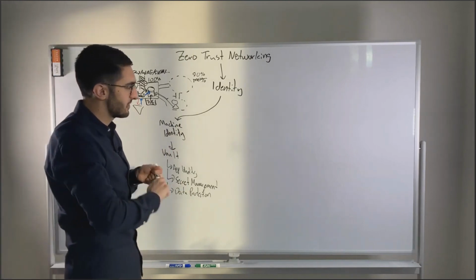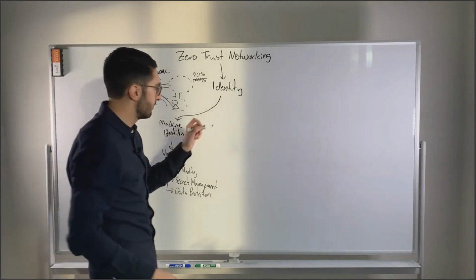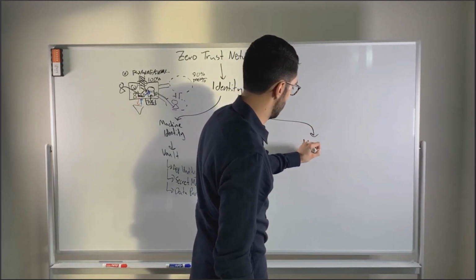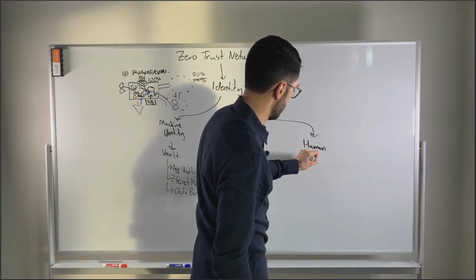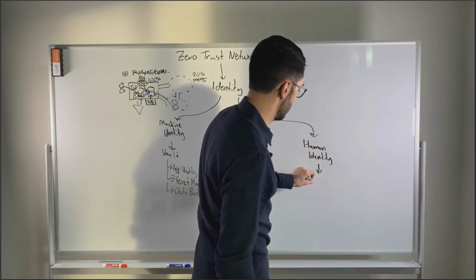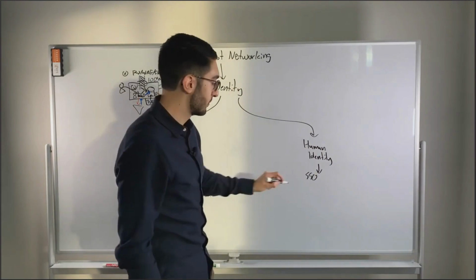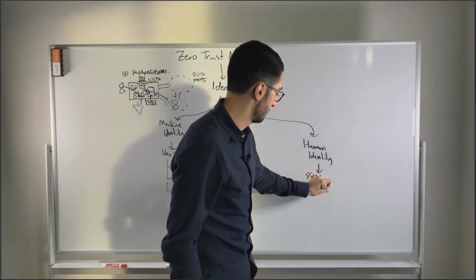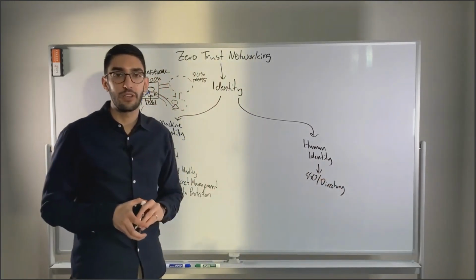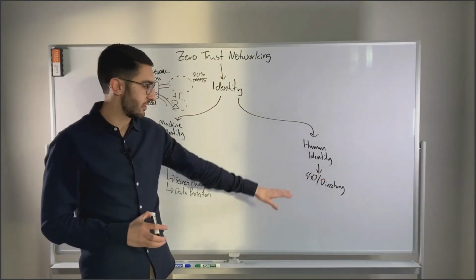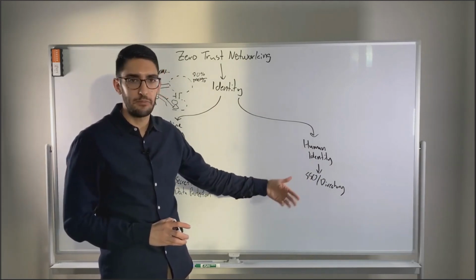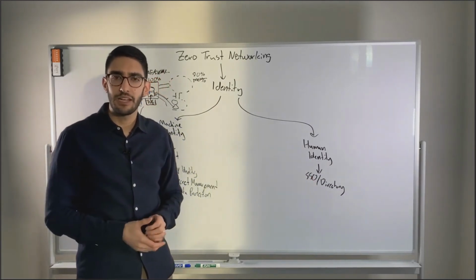Then the next challenge sits way on the other side of the spectrum, right? So on the other side of the spectrum is how do you think about human identity? And this is a much more solved problem. Ultimately, this boils down to basically single sign-on as well as having a common directory. So in a previous generation, this would have been largely Active Directory on-premise serving this role. Now in a cloud world, it might be Azure AD, might be Okta, might be Ping, might be Centrify. There's a lot of different answers.